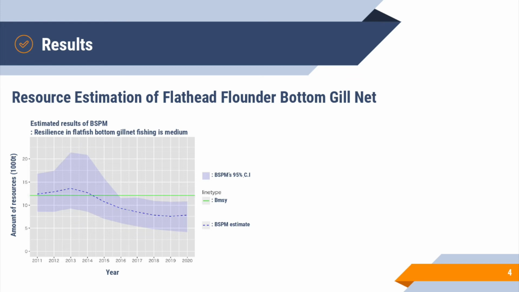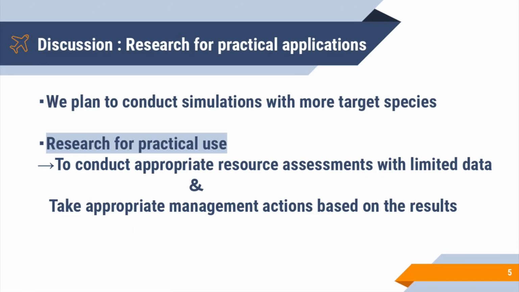We estimated a variety of fish species like pollock and cod. In this video, I'd like to introduce you to the result for the flounder of Iwate. BMSY represents the maximum sustained catch. After the 2011 earthquake and tsunami, the flounder stock recovered due to reduced catches, but stock levels have been below BMSY since the 2040s. Based on the results, we'd like to conduct future research to determine if the estimated results are consistent for other species as well.